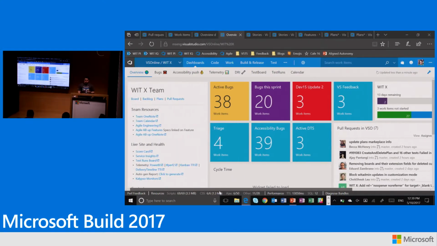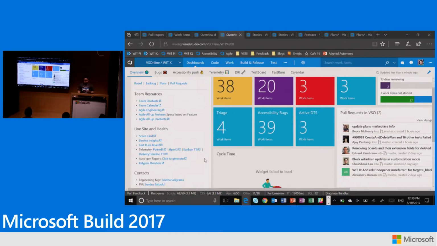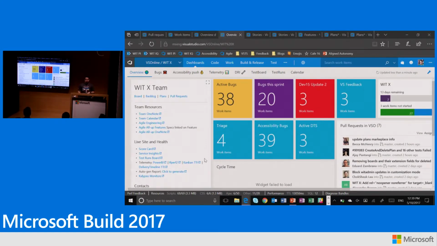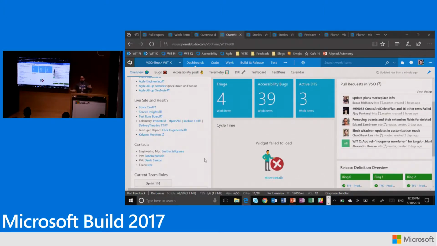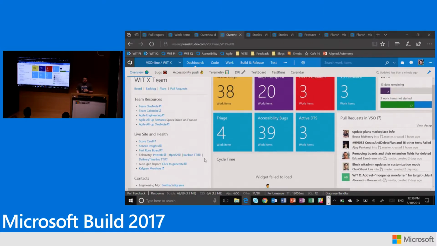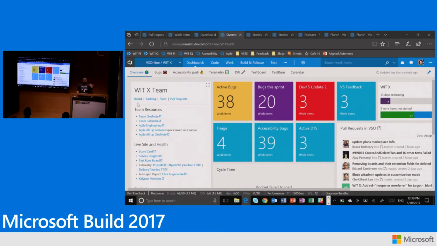Now, the other cool thing that these guys do, which I love to demo, is they really like Markdown. So you can see they've created kind of a TOC of important links. So when they onboard a new engineer, guess what? They just say, go to our dashboard, man. All of the links are there. You want to go to our board backlog, our plans, our pull requests, just plain easy. No need to ramp up, no need to learn new technologies, no need to go to a wiki. Everything is within the product itself. So that's kind of dashboarding and me pages.